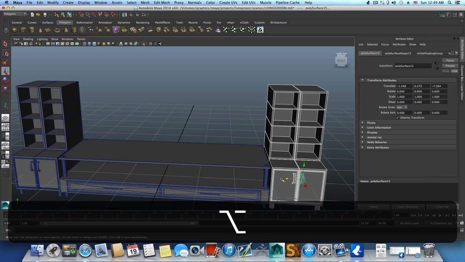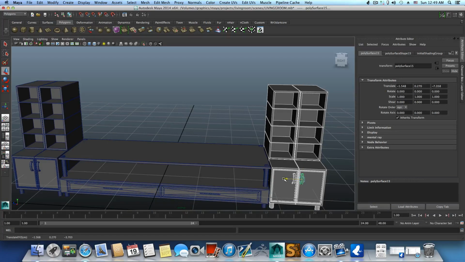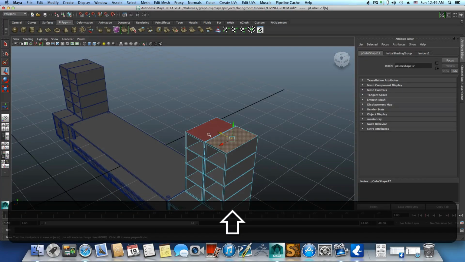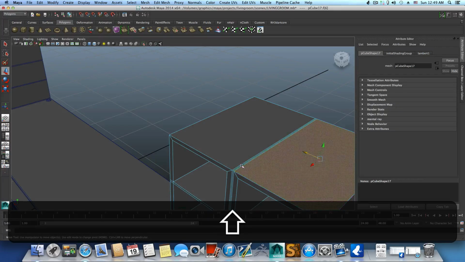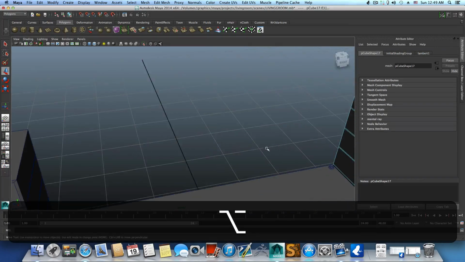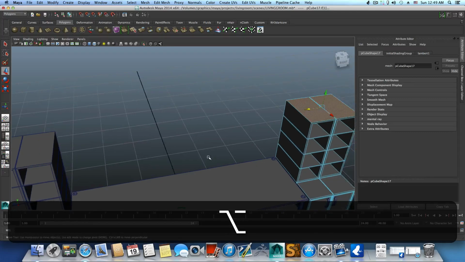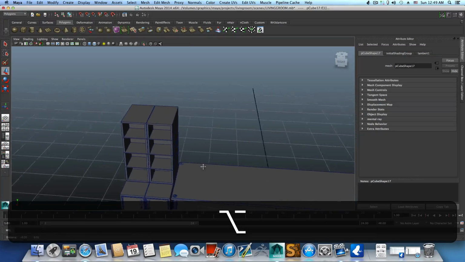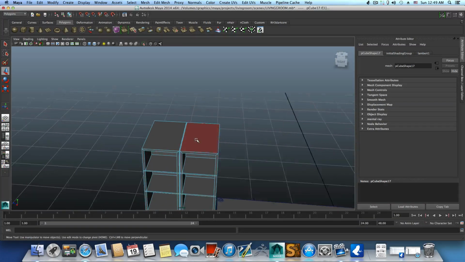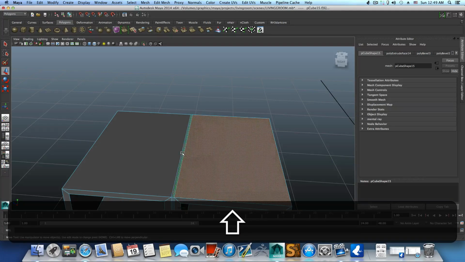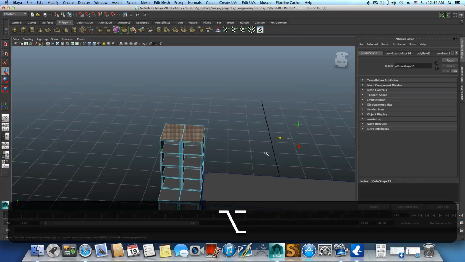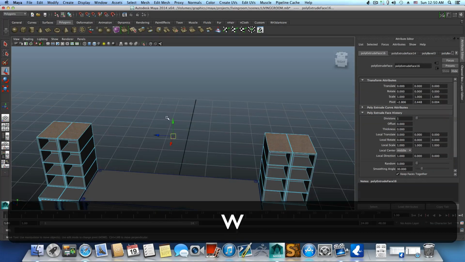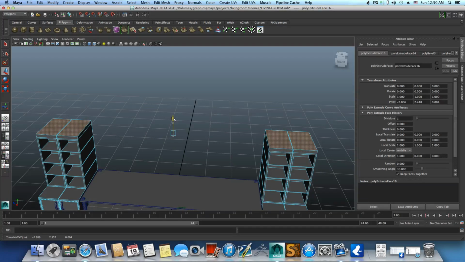Bring this here. Okay, let's right click, choose face. Okay, this face and this face and this face, and then right click, choose face, this face, shift select this face, so they are both selected at the same time. Extrude this, switch to move tool, bring them up a little bit that way,